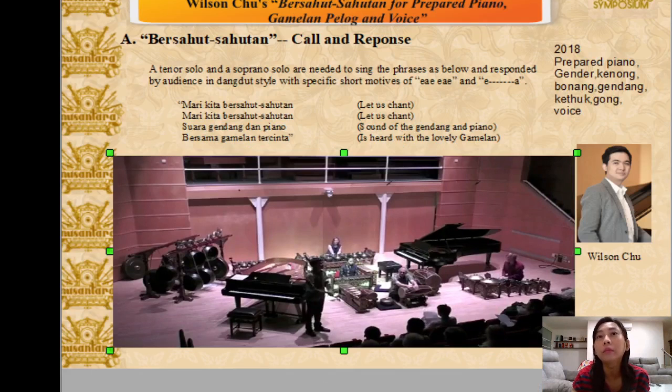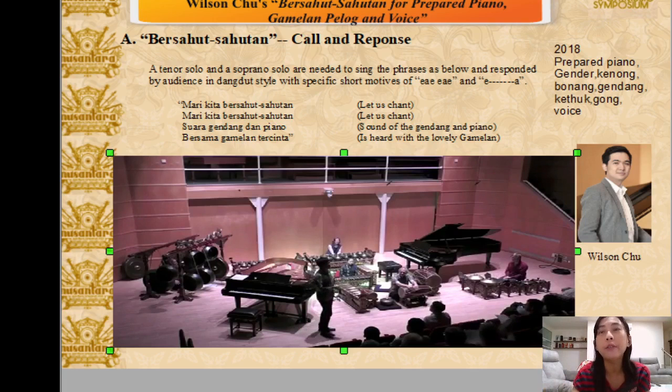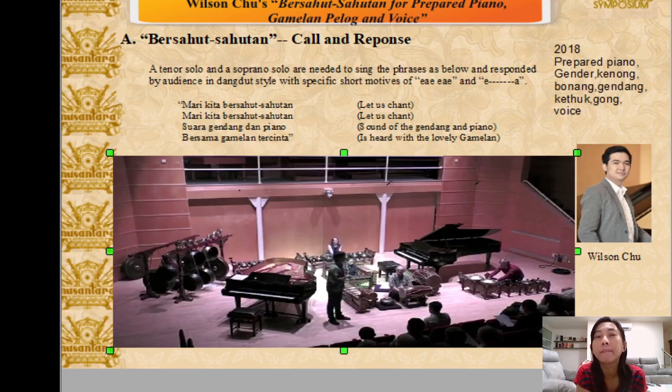What I would like the audience to join us in is the lyrics sung from Max and Simon. There are two patterns. The first pattern is a very simple response like when you listen to a dangdut performance.